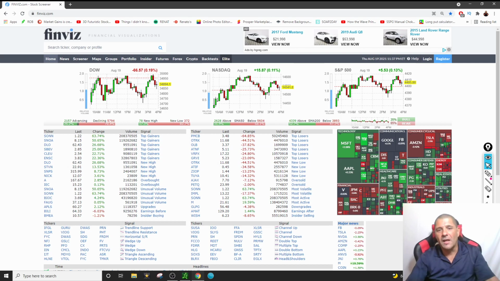I love Finviz because every time you log in to the website, on the top side it shows you the Dow Jones, the Nasdaq, and the S&P 500. Right here you have a chart of all these stocks in colors that let you know more or less if it's green or red. Green means more bullish, red means more bearish, so they will go down. But at least you have a general idea of what's going on with the market at the moment